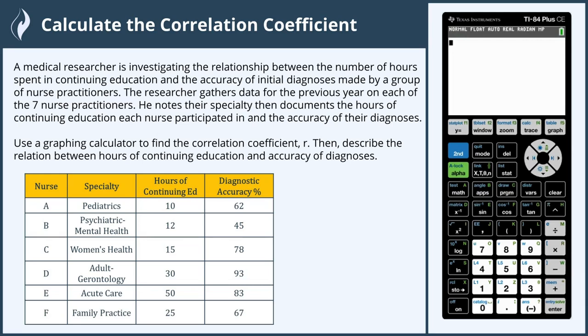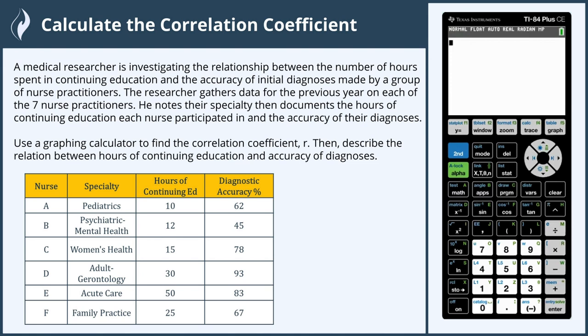Hi everyone! In this video, we will calculate the correlation coefficient. A medical researcher is investigating the relationship between the number of hours spent in continuing education and the accuracy of initial diagnosis made by a group of nurse practitioners. The researcher gathers data for the previous year on each of the 7 nurse practitioners. He notes their specialty, then documents the hours of continuing education each nurse participated in and the accuracy of their